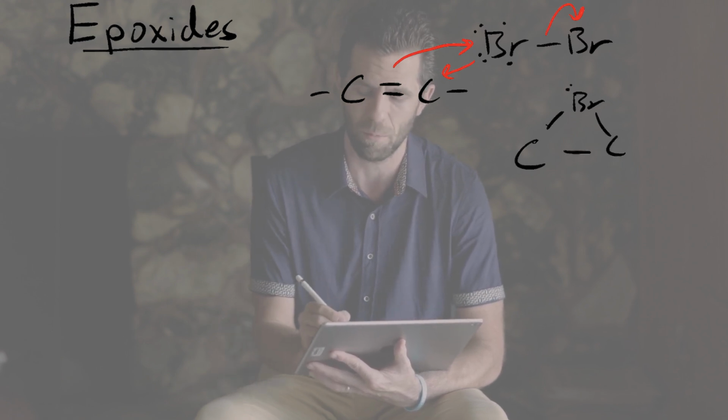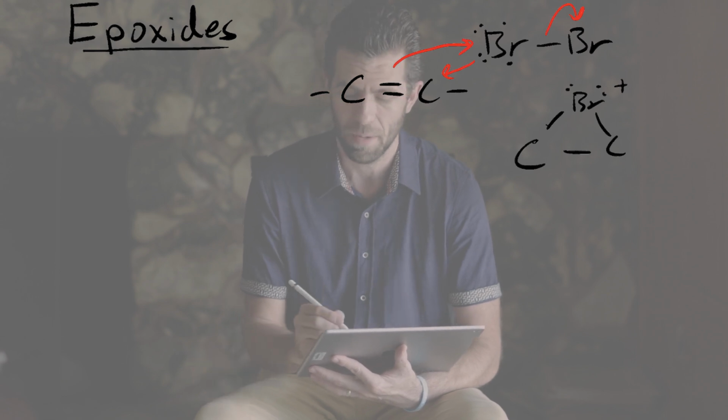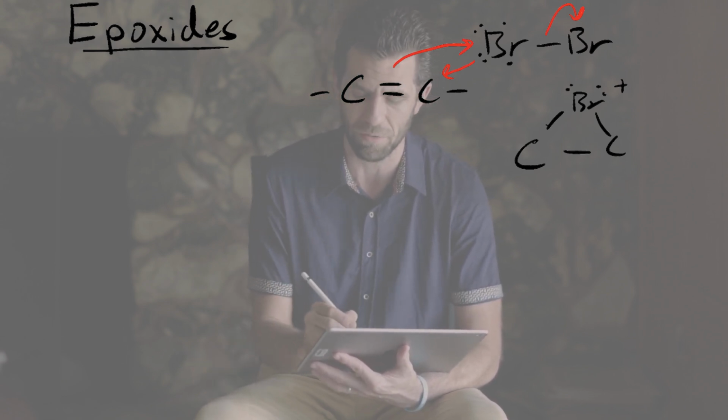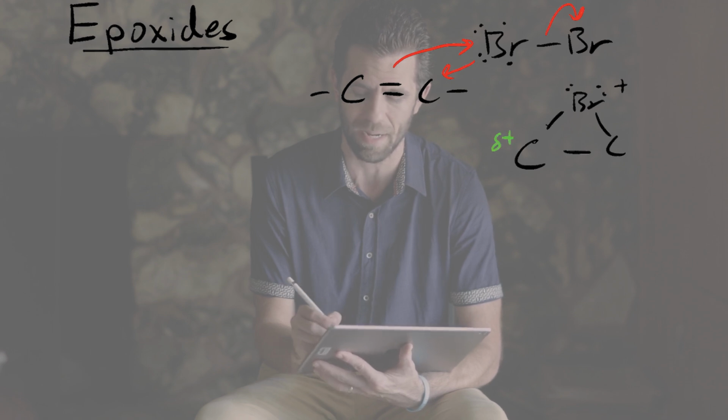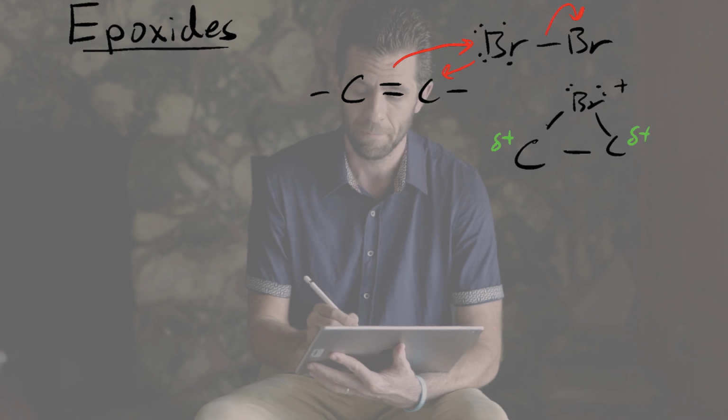Why is it reactive? Because the bromine has two bonds, so it has a positive charge, and it's so electronegative that really that positive charge is mostly residing on these two carbons as strong partial positives, which can then